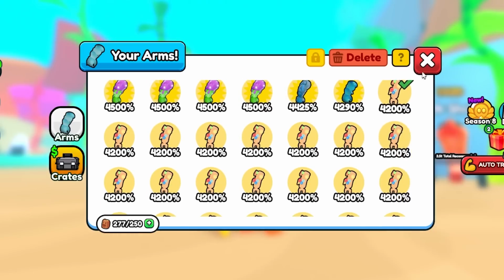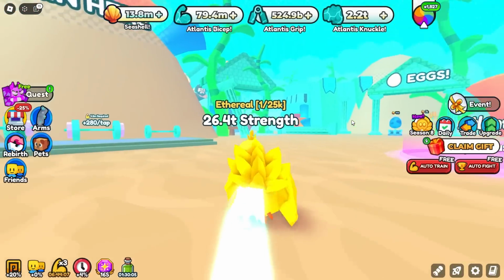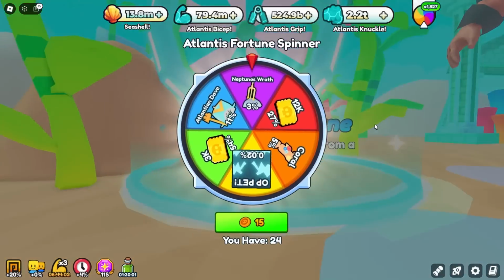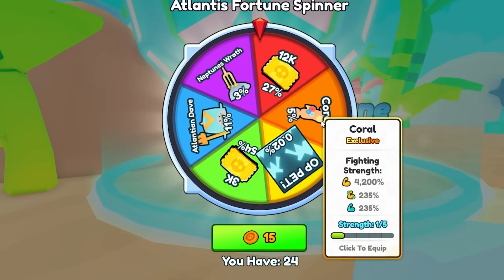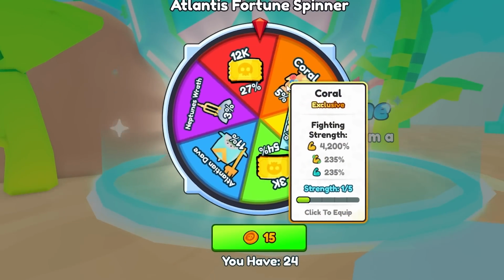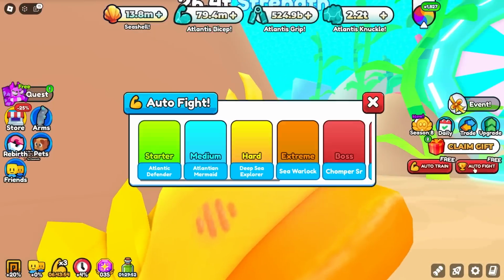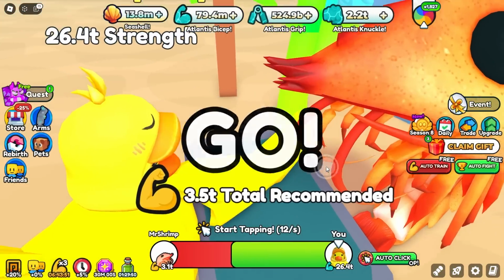We also got these coral arms from opening up, I guess maybe not opening, but spinning this Neptune wheel over here. I think it's like a 5% chance. Yeah, 5% chance for a coral arm, and you get a 4,200% boost in the base game and 235% boost in this game. But the shrimp is what we're going to be spending all of our time on,